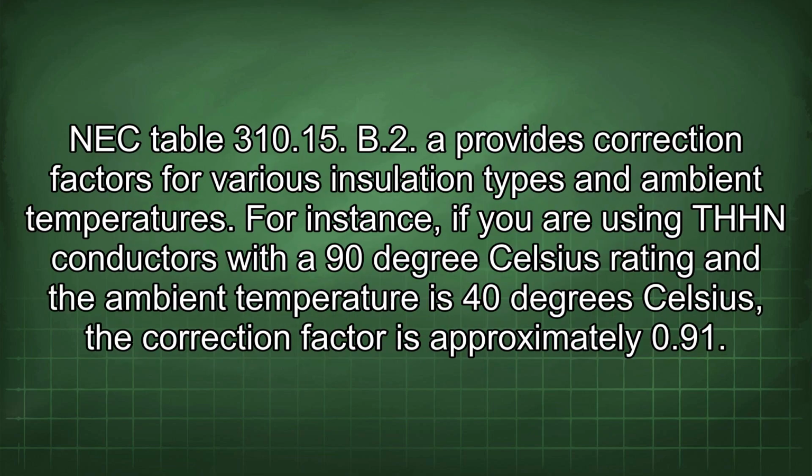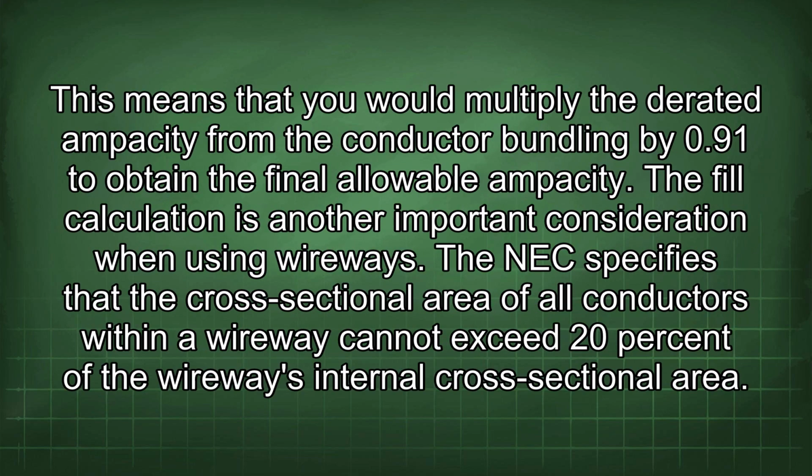NEC Table 310.15(B)(2)(a) provides correction factors for various insulation types and ambient temperatures. For instance, if you are using THHN conductors with a 90 degrees Celsius rating and the ambient temperature is 40 degrees Celsius, the correction factor is approximately 0.91. This means that you would multiply the derated ampacity from the conductor bundling by 0.91 to obtain the final allowable